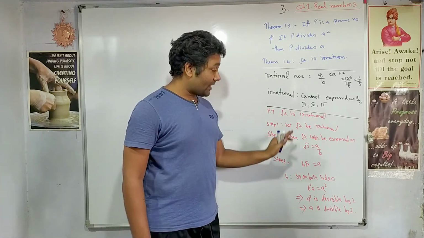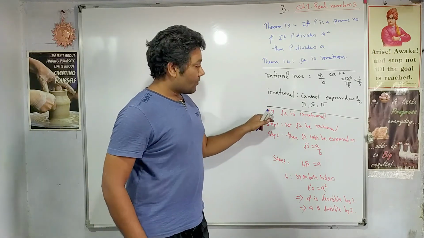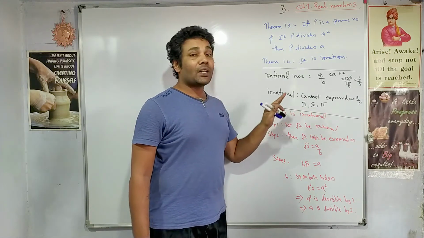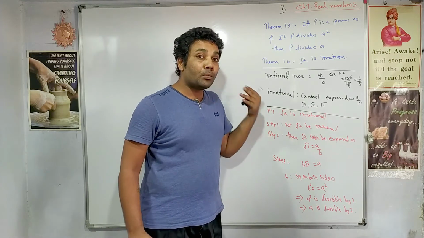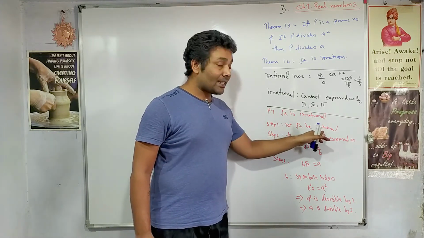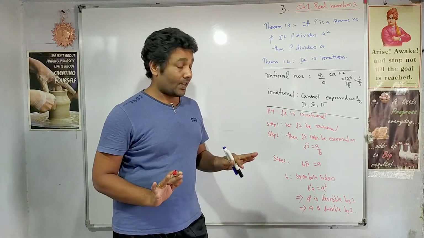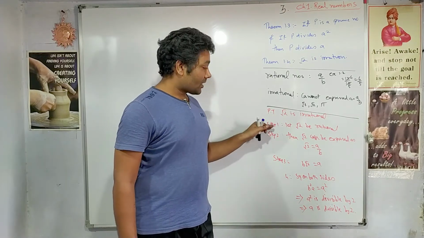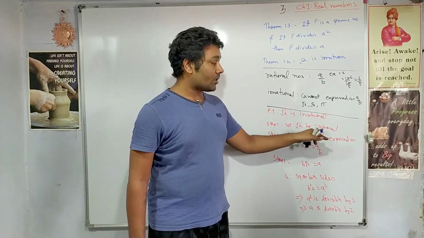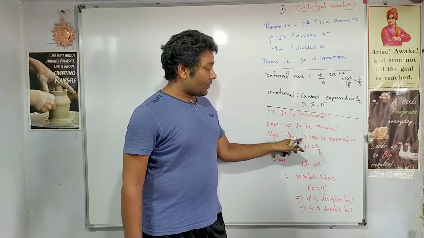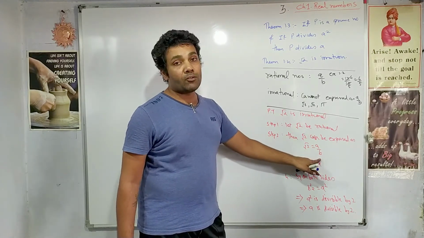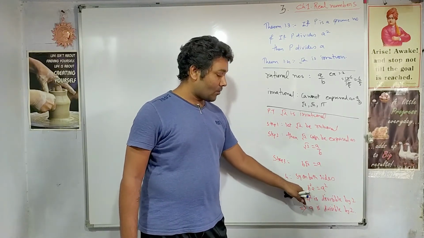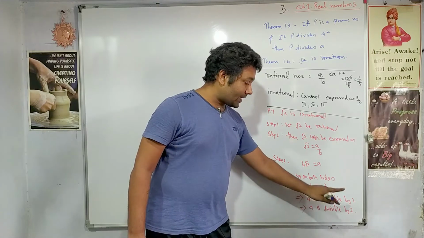Let us see once again from the start. We are proving that root 2 is irrational. As I said, to prove any number irrational, we prove that considering it as rational is wrong. So what are the steps? Step 1: compulsorily consider the given number as rational. Next, if it is rational, it can be expressed in a by b format. Rearranging this and squaring, we get a square equals 2b square. From this we conclude that a is divisible by 2.